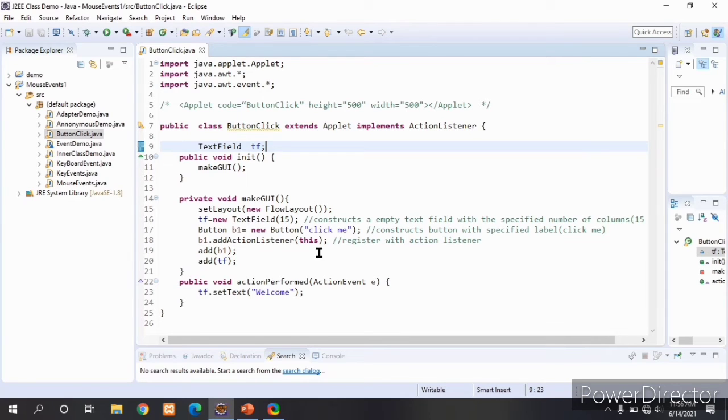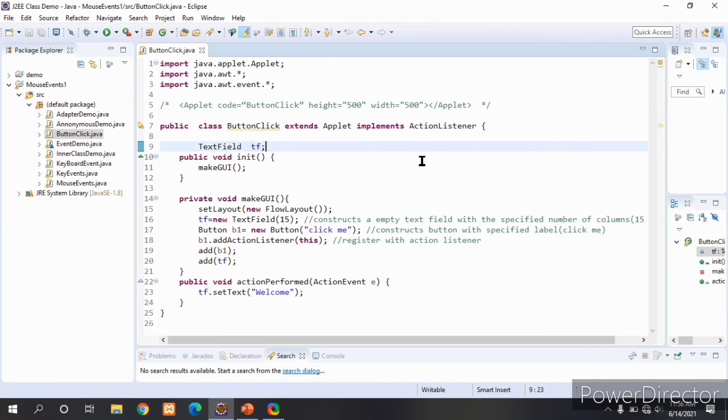Next I am creating a button. I am passing a label, that is, click me. It will construct a button with a specified label, so the message click me will display on the button.